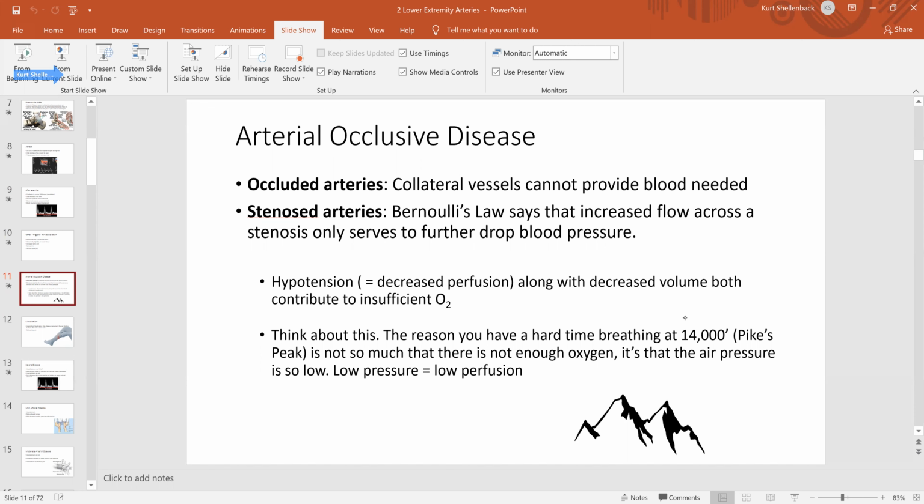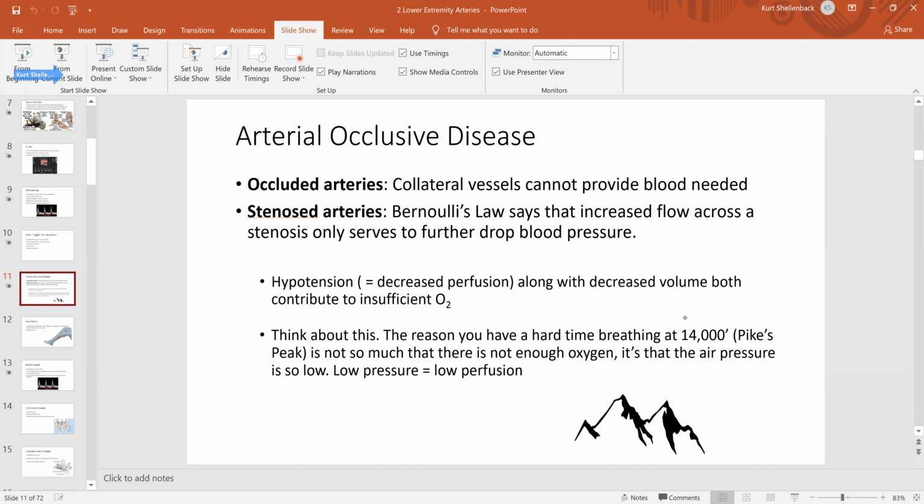Stenosed arteries. Now let's go back to Bernoulli's law. It says that an increased flow across the stenosis only serves to further drop blood pressure. So an increased flow. In other words, when you start to exercise and you have stenosis in your legs, it gets worse. Even if you vasodilate and more blood is getting into those legs,